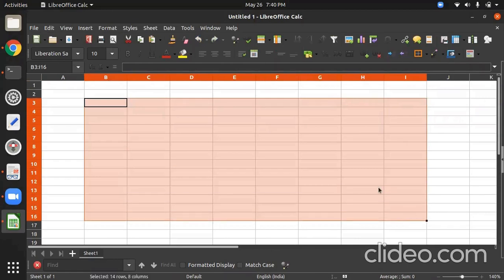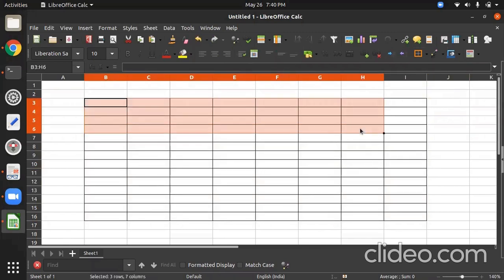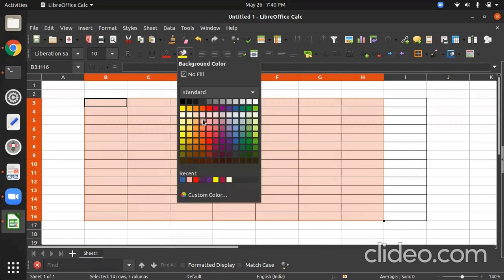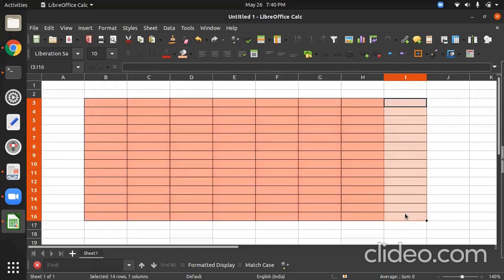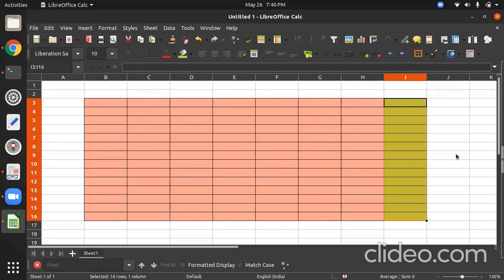Let's suppose this is my data set, with cell borders. Let's suppose this part is my X, which I filled with color, and this part is my Y. Okay, now the next concept.